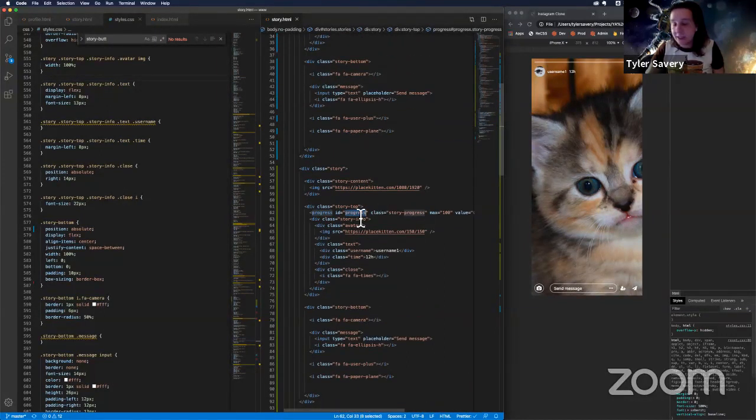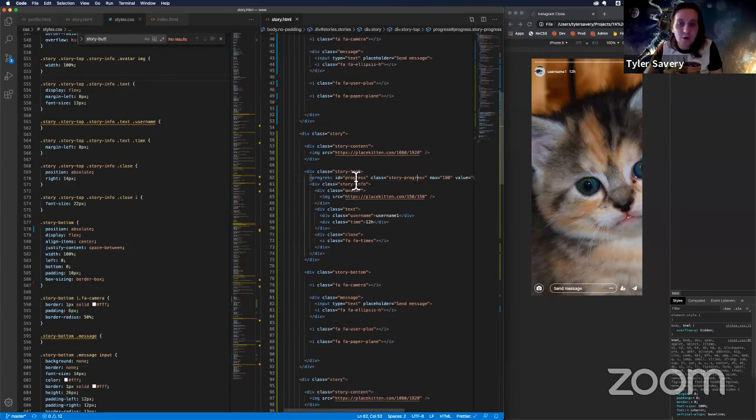So there's two ways we could fix this. We could use a class, but I think ultimately the progress bar could be something that's global and not specific to each story. You know, these things need to change on a story by story basis, but the actual progress bar, although if we wanted to animate, yeah, you know what? Okay, we'll just do this the easy way,